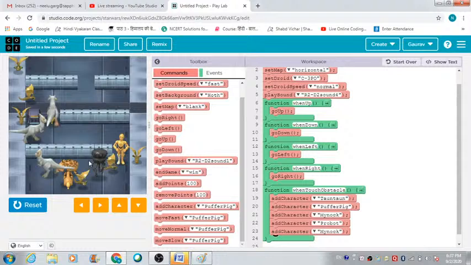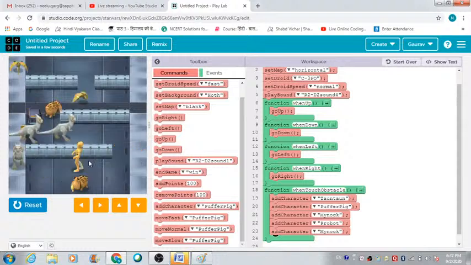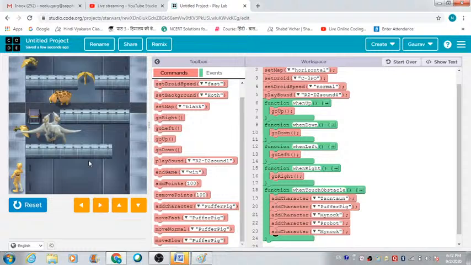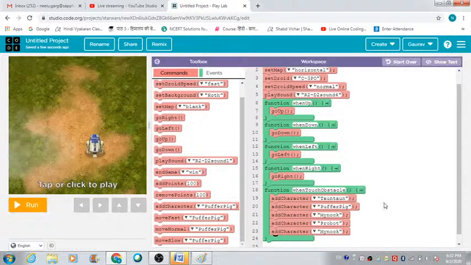So these many characters are going to get generated. Fine. So what else can we do? Okay,